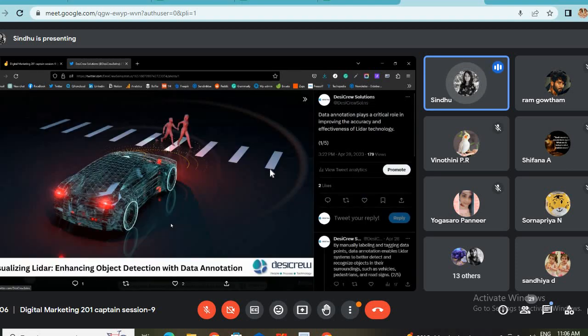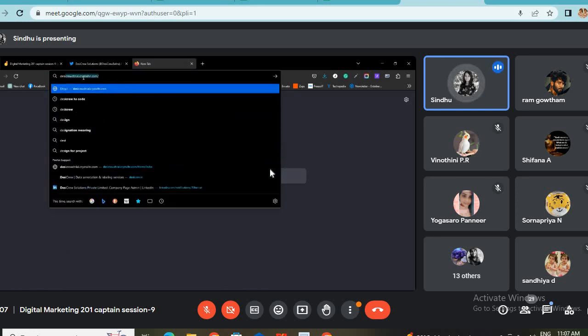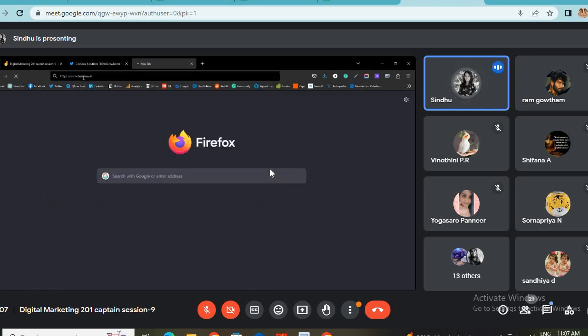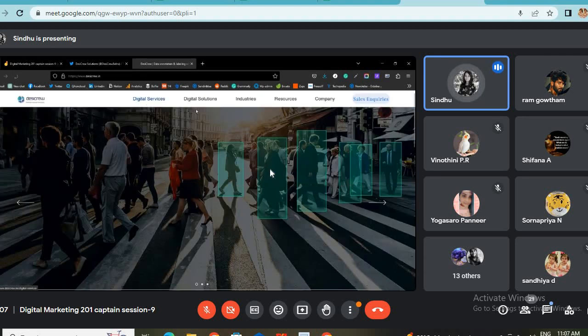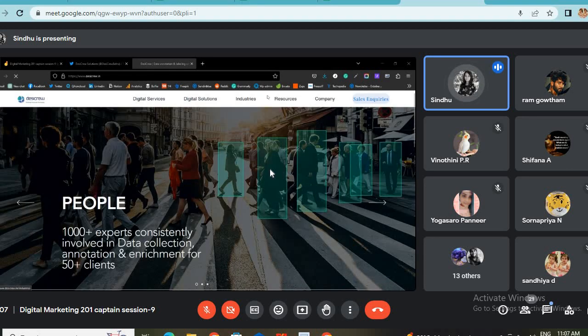This picture talks about data annotation and object detection. What does it mean? It means that Desi Cruise is providing some kind of services related to data annotation. The moment you see this picture, you understand that Desi Cruise provides services related to data annotation, and they are promoting them. If you go to the Desi Cruise website, you will see the different types of services that Desi Cruise is providing. So when we post any content related to the industry and the services that we are providing,